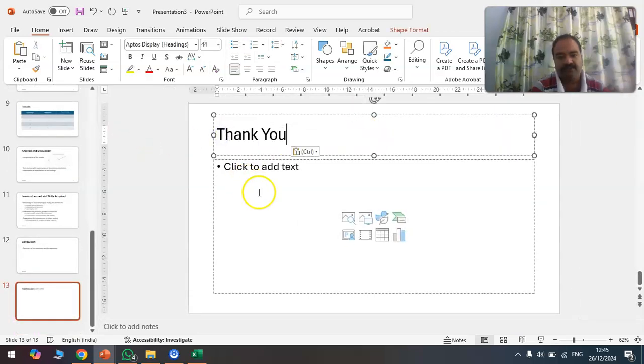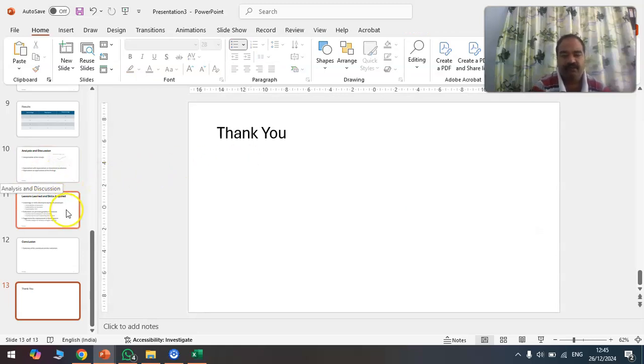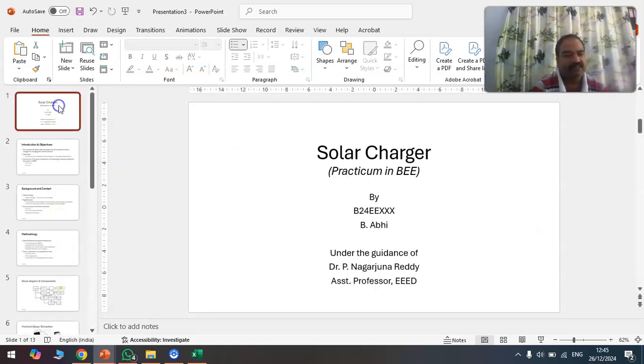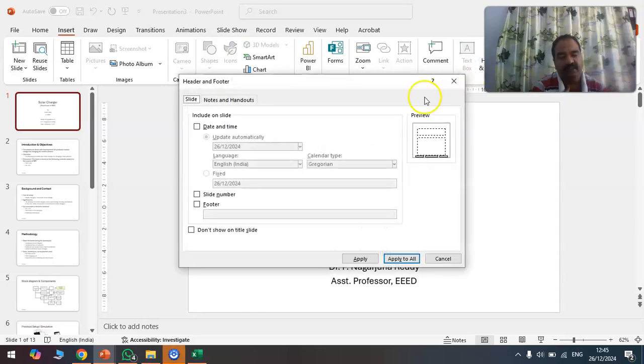Here, I'll just keep it like this. Now see here, this is your PPT which you have developed. It hardly takes you 15 or 20 minutes if you do it this way, and you can add some sort of designs. Don't forget to use the Insert button to add the header and footer, date and time. If you want, you can change the date on which you are going to present it. Include the slide number, and in the footer mention